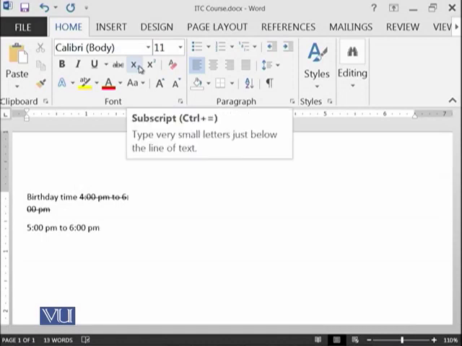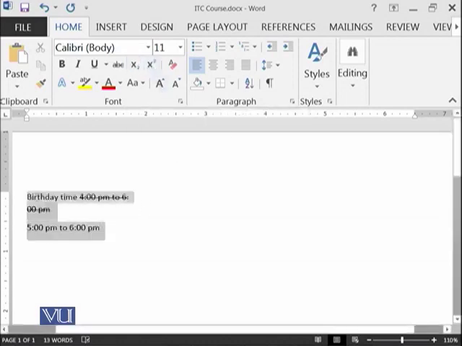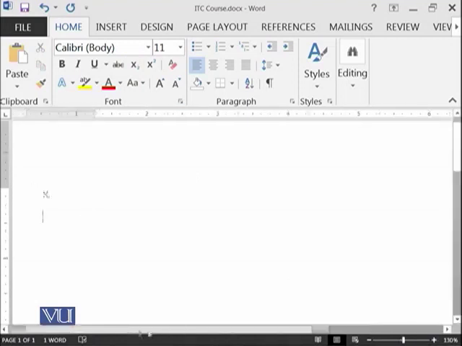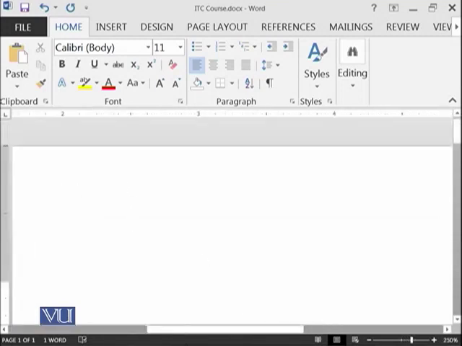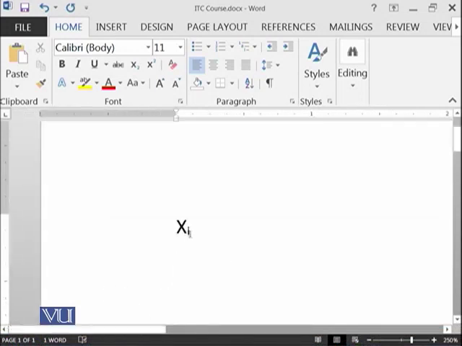Then there is an option of subscript and superscript. In mathematics, you might have seen sometimes we say X and, for example, I, and that I needs to be put downward as a subscript to X of I. If I show you with a little bit larger font, you can see that this is subscript.